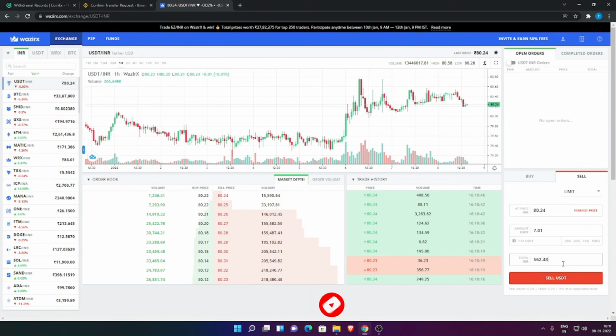So if I need some urgent cash or something of that sort, this is the method I typically use to withdraw money. I know it is a little bit of a lengthier process, but I find this convenient. So you can follow the same process, or you can sell your USDT in Binance through P2P as well. That should not be a problem.